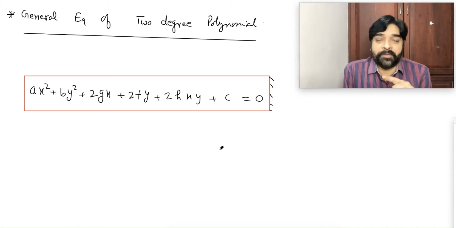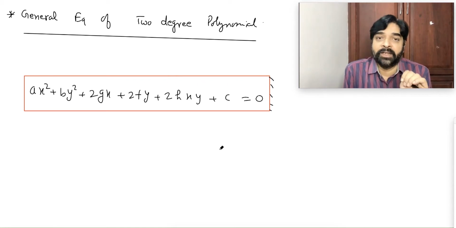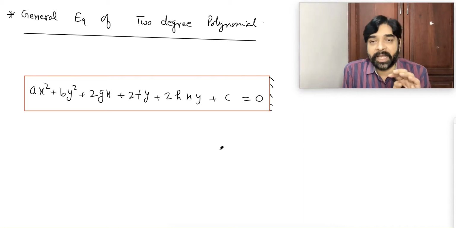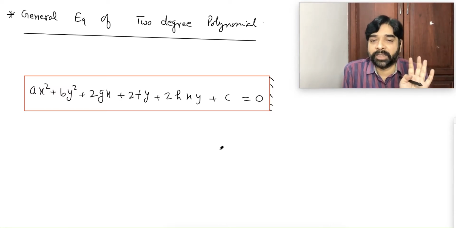If a equal to b and h equal to 0, it will become a circle. With some conditions on a, b, c, it will become a parabola, it may become an ellipse, it may become a hyperbola, it can become a straight line. So the correct name is the general equation of any curve in coordinate geometry. This is represented by this. I hope you all are getting it. Is it clear? So this is what is called the general term.